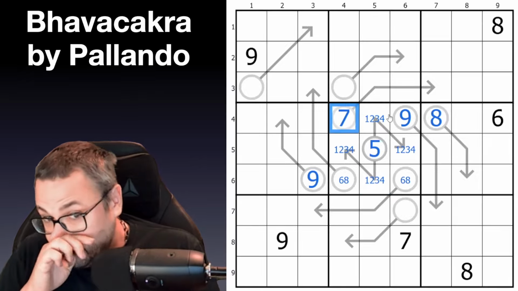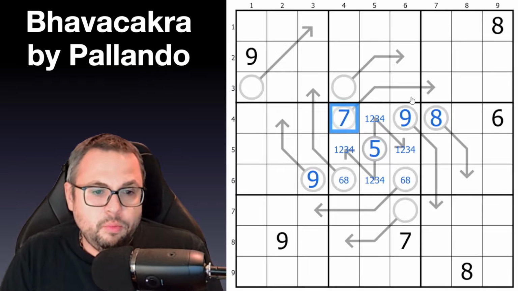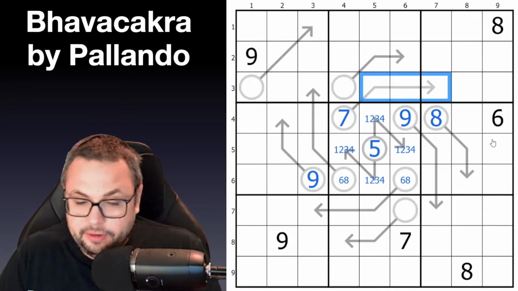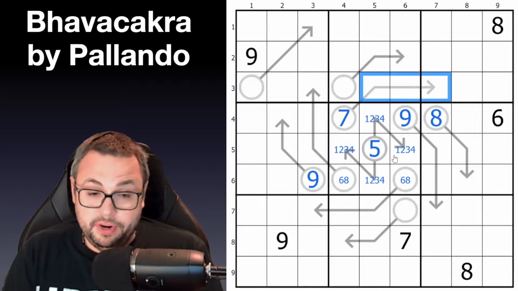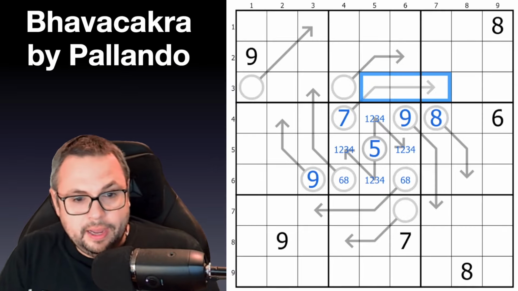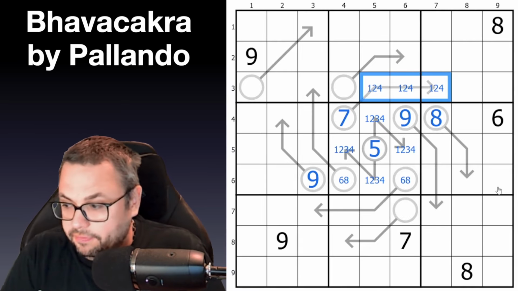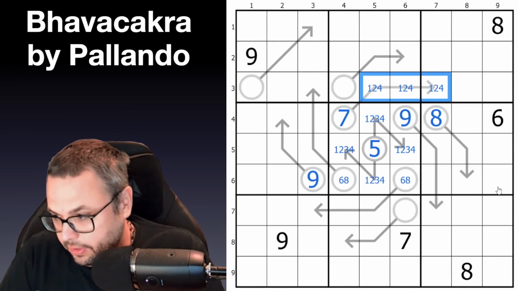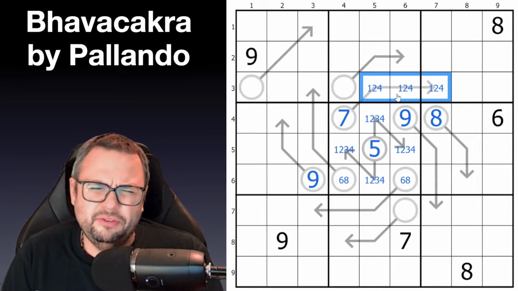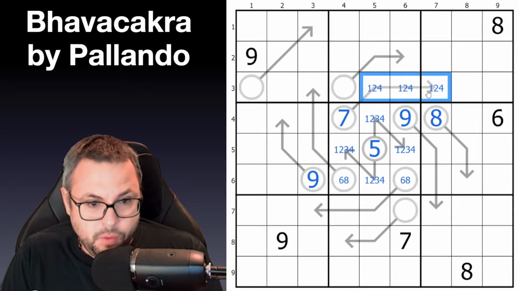Now, the nice thing about 7 specifically is that there's only one way to make a sum of 7 in 3 digits that all see each other. And so I said before the minimum is 1, 2, 3, which would be 6. So that's the only way to make 6. But the only way I can increase that number by 1 is to replace the 3 with a 4. If I try not to use a 2, for example, I've already lost, because if I don't use a 2, the minimum total I can make is 1 plus 3 plus 4, which is already 8. So I get this 1, 2, 4